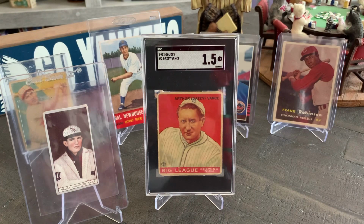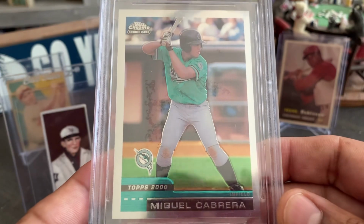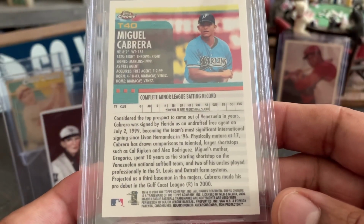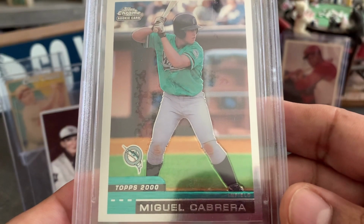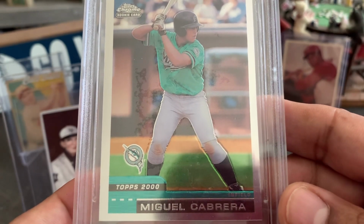Now, my last addition was one that I was looking for a while. This one's in the offensive category. And this man is Miguel Cabrera, here with his 2000 Topps Traded Chrome card. I was searching for this card for a little while. This card's been shooting up in value, along with another future Hall of Famer, Albert Pujols. So do yourselves a favor. If you guys want to collect either of those two guys, do so sooner rather than later, because those cards are